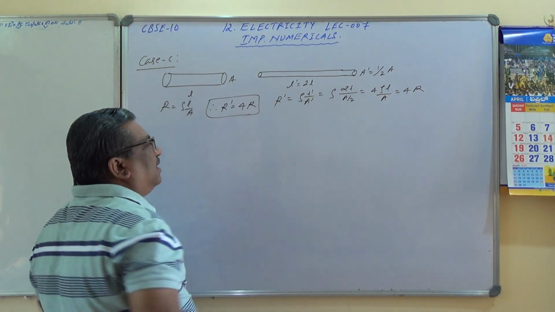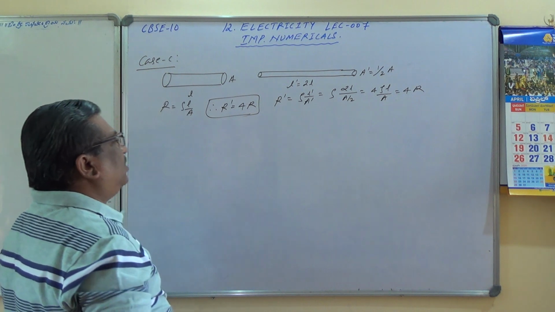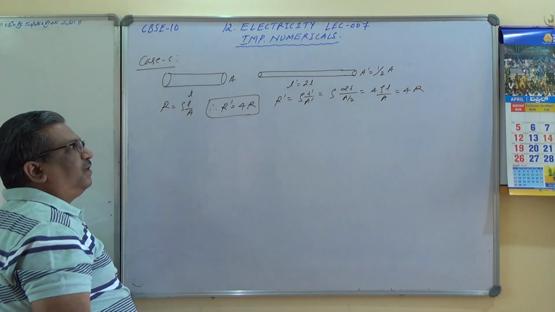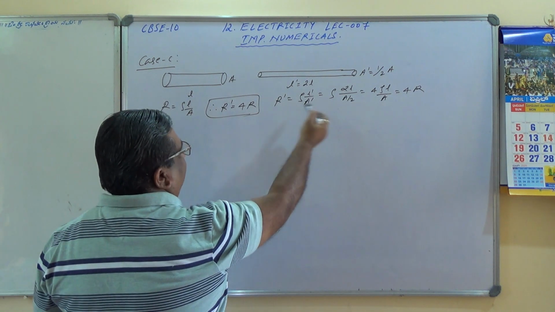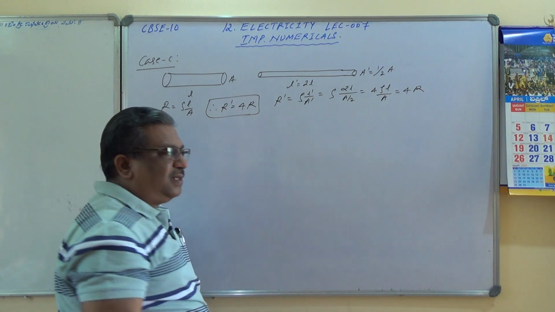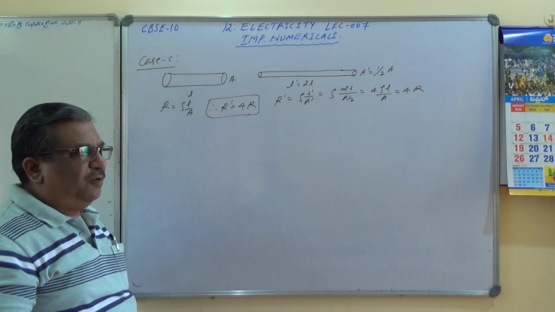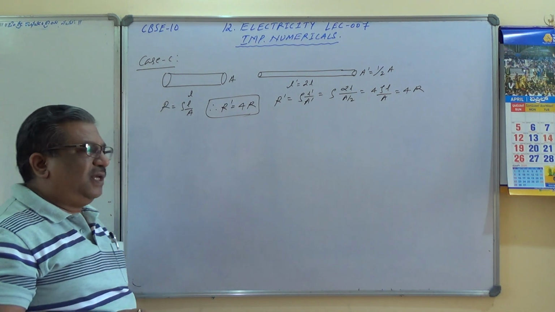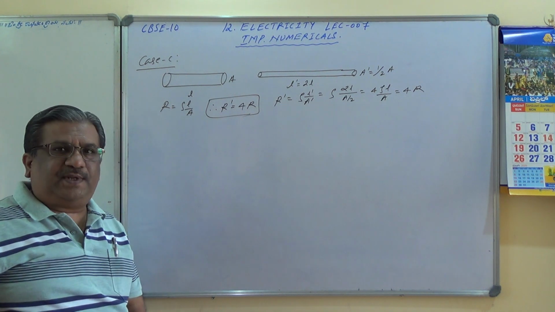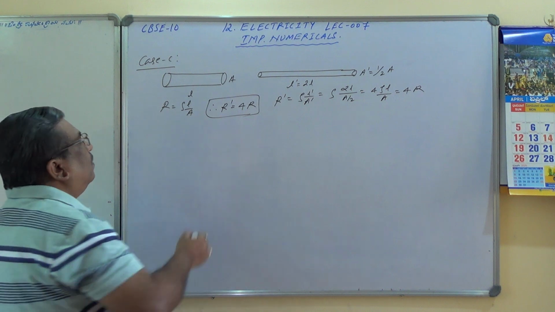So if the length is increased by twice and the cross section area is reduced to the half, then R dash will be equal to 4 times the original resistance. New resistance will be equal to 4 times the resistance. Here everywhere rho I am keeping same. The meaning of rho being same over here is that the nature of material is same. Both the conductors are made up of same material. One more case,